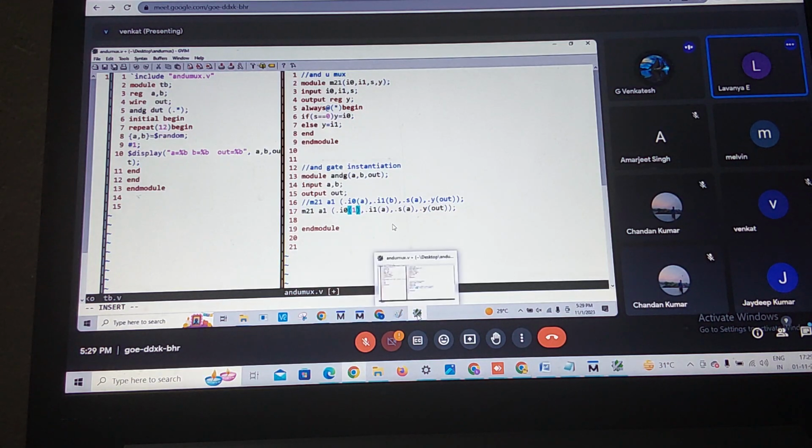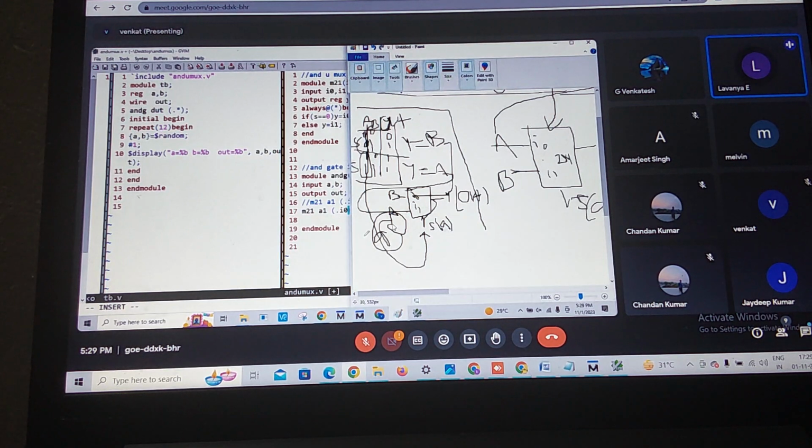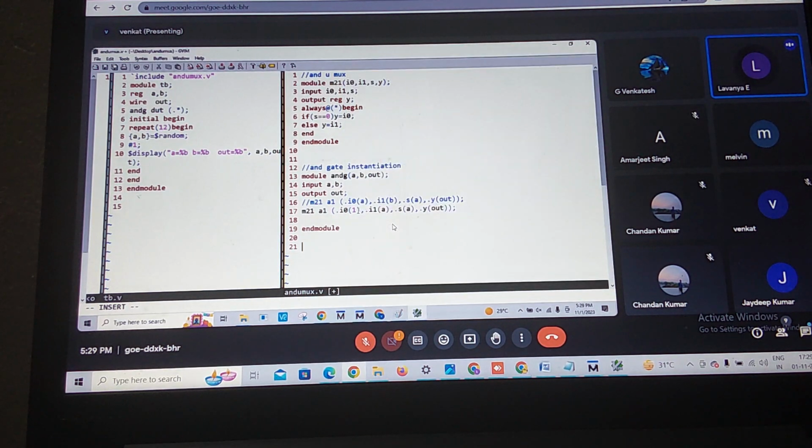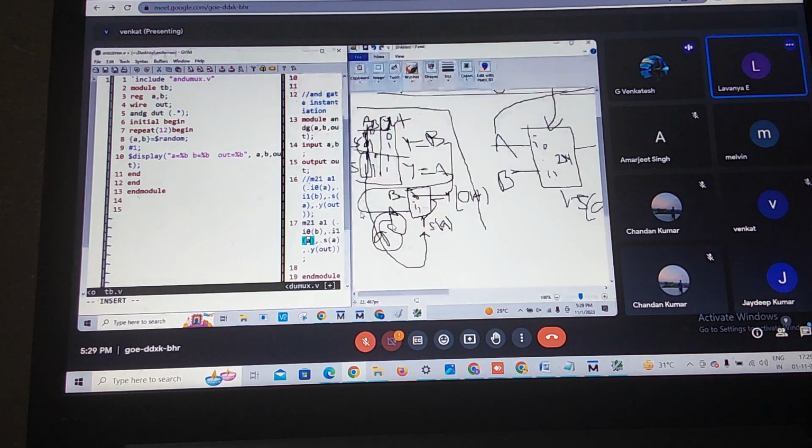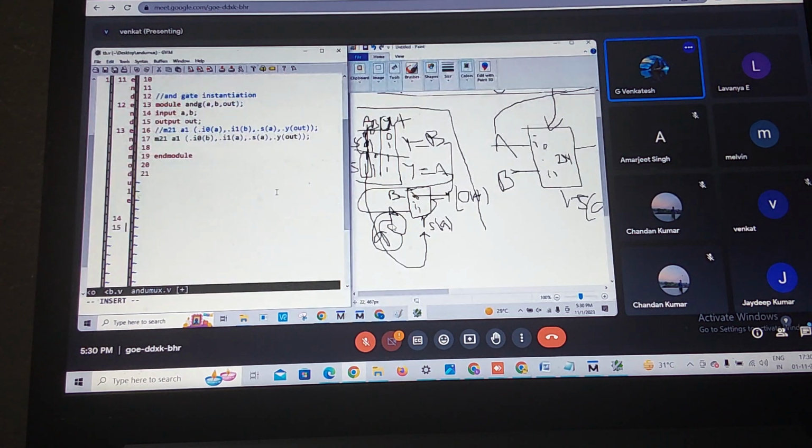Sorry, not that. Wait. No, not, sir. That one should be B, but the next one should be 1. This is B, this is 1, na? Yes, we check. Okay. This is my output, automatically 1, na? Instead of this, I will get size radix value 1, tick, P1.